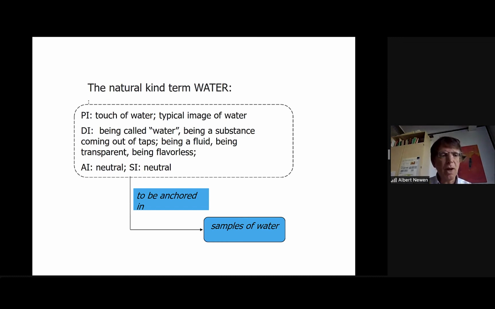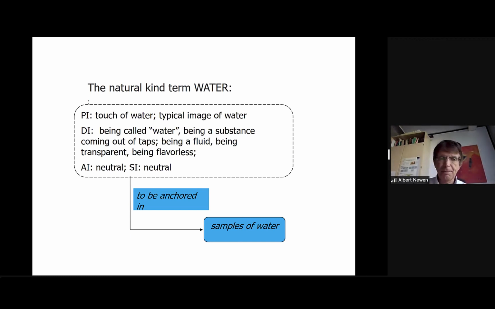One example to round it up, natural kind term water. We may have a lot of information, the perceptual information, how water looks like, the descriptive information, being a fluid, being transparent, being flavorless, and so on. And the important point in the natural kind term situation, that it is anchored in a certain sample. And according to Putnam and others, that's actually how the natural kind term works. It is that the constitutive determinant is not how it looks or any descriptive information, but the sample of water,